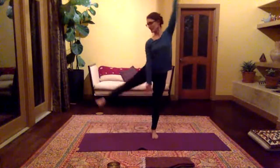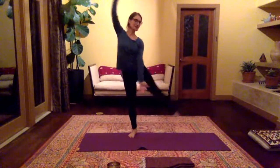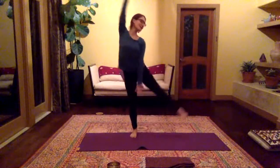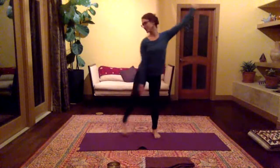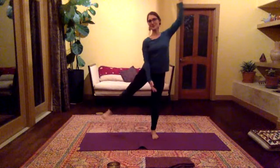So moving dynamically. Once again, this is wonderful for integrating the right and left hemispheres of the brain as we're crossing the midline with the hands and also doing the opposite action with the upper and lower body. Making our way slowly back to neutral